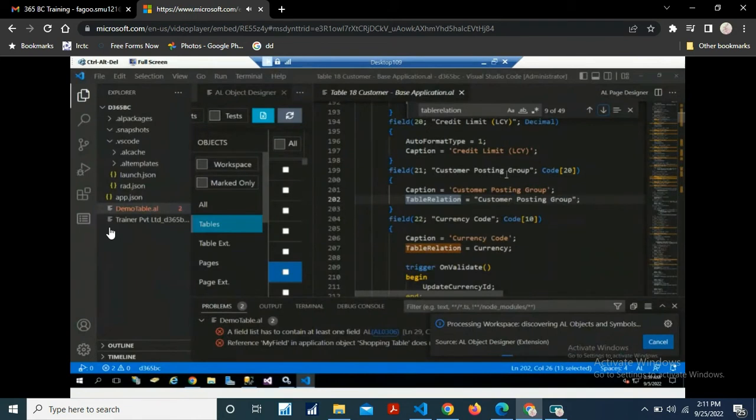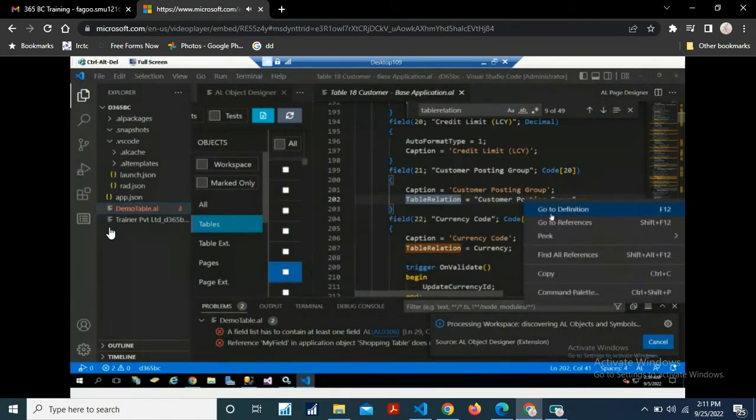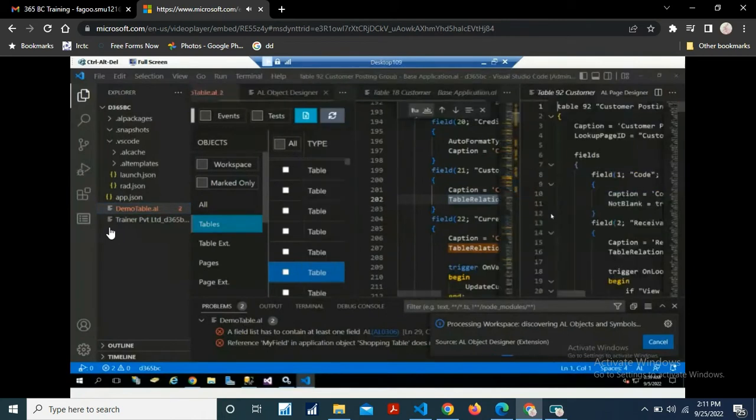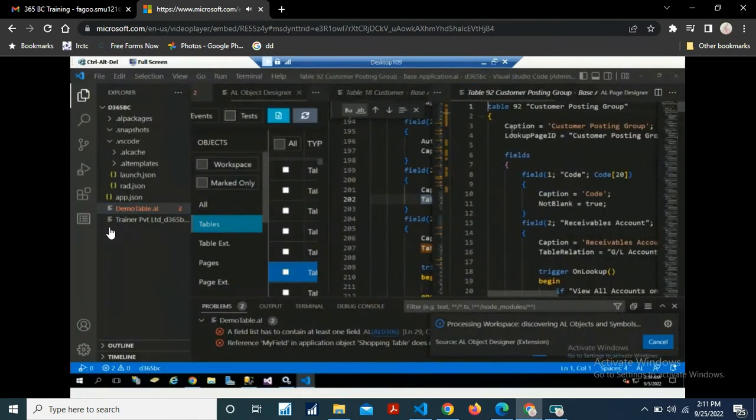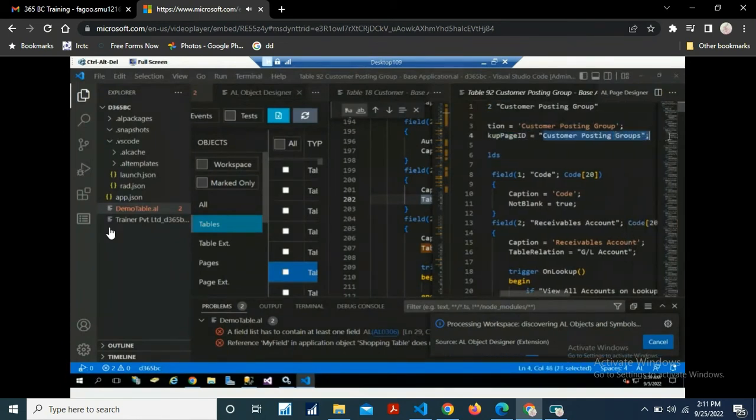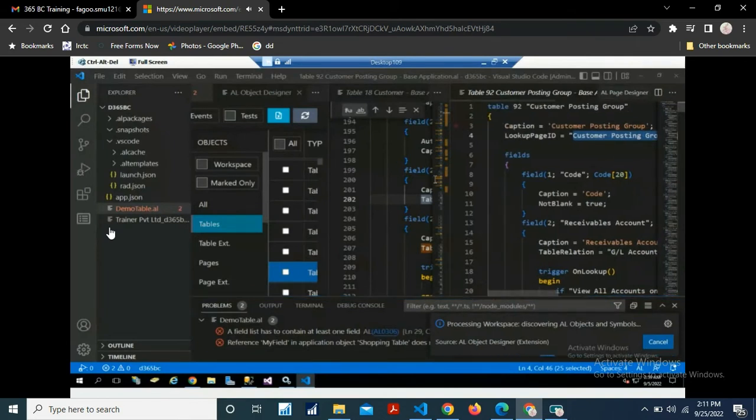Yeah. So we have this customer posting group, right? And we said that whenever someone clicks on this field, the value should come from the customer posting group table, right? If I go to the customer posting group table, a table cannot show the data, a page will show the data. So in this, we can see the lookup page ID is customer posting group. So what will happen? This table,